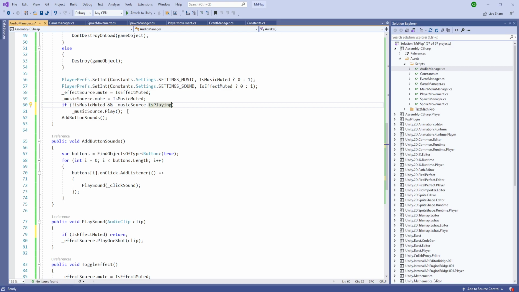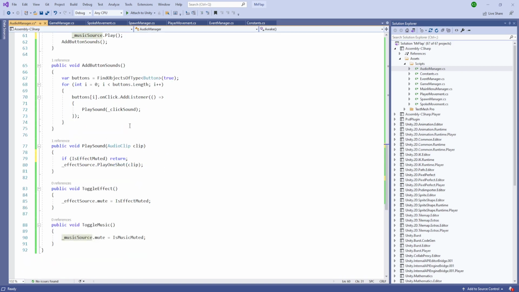So if it is already playing, it should not be muted and it should not be playing. Then we'll play. Else toggle music if is